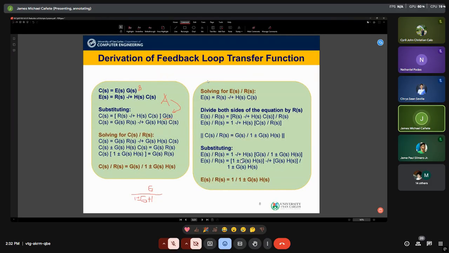What is the equation that can be used to simplify that one? That's equation A. So when we use equation A and divide both sides of the equation by R of S, the input, we can get this equation: 1 plus or minus H of S, quantity C divided by R,